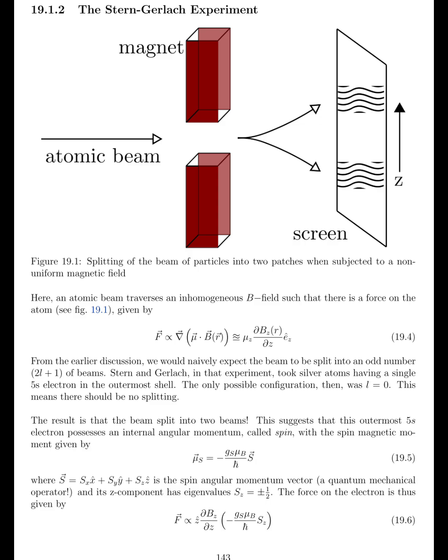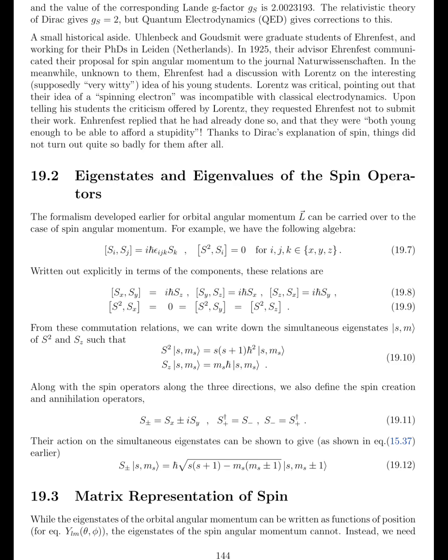We say that look, instead of having the L operator, let us pretend that there is some other operator out there called the S operator, whatever this S is. And of course it has to have dimensions of angular momentum. So I'll put in some mu B, the Bohr magneton, divided by h bar, and there will be a g factor this time. It turns out that the g factor experimentally observed for spin is actually